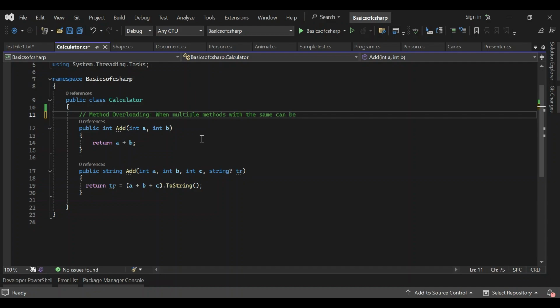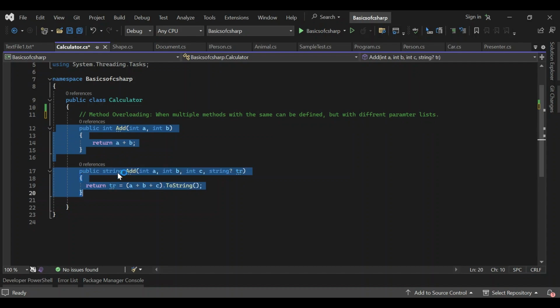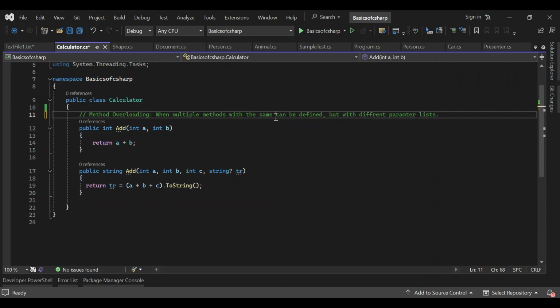can be defined but with different parameter lists. So we need to justify this definition. Let's see the example here. When multiple methods with the same name can be defined,